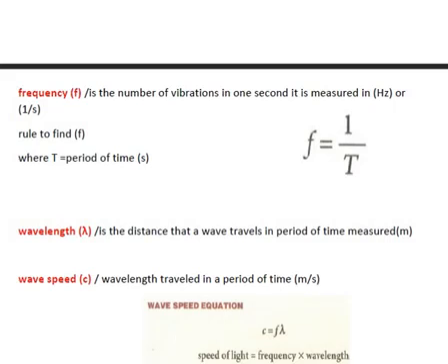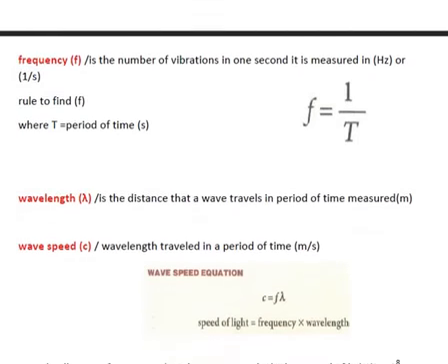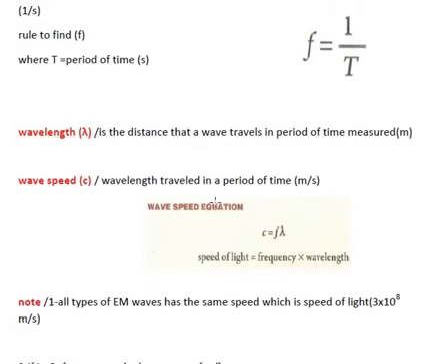If you combine those three variables, we will get a rule here. It says wave speed equation. For this, we can say c is equal to f times lambda. Speed, wave speed, or speed of light, is equal to frequency times wavelength. The unit of